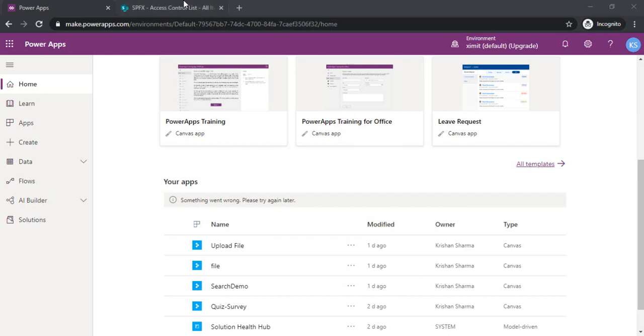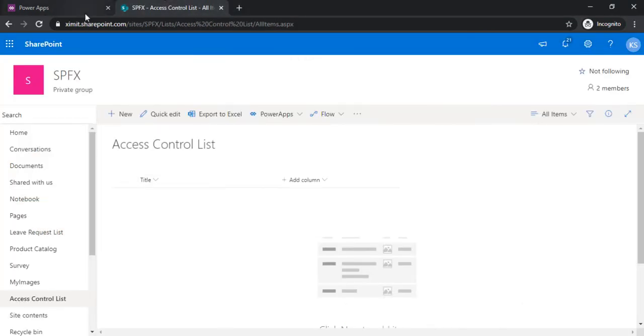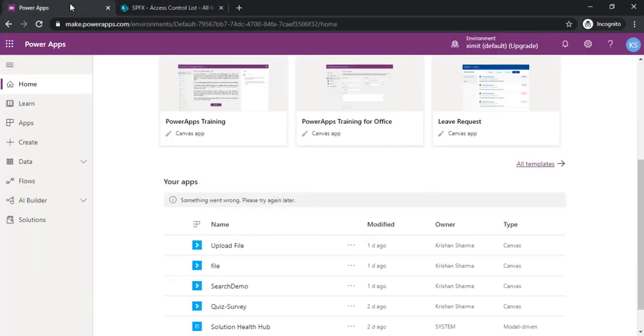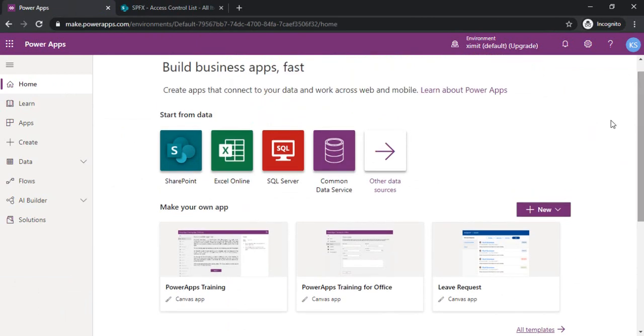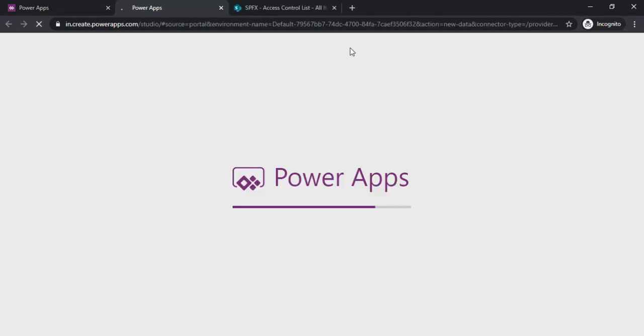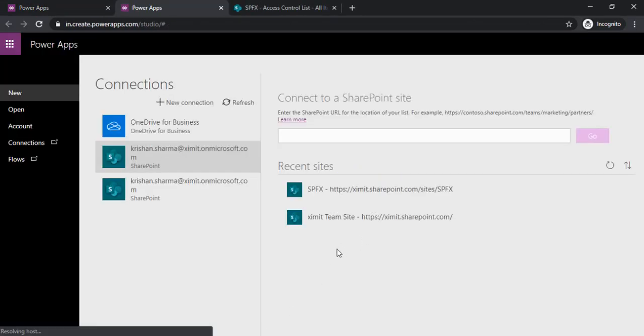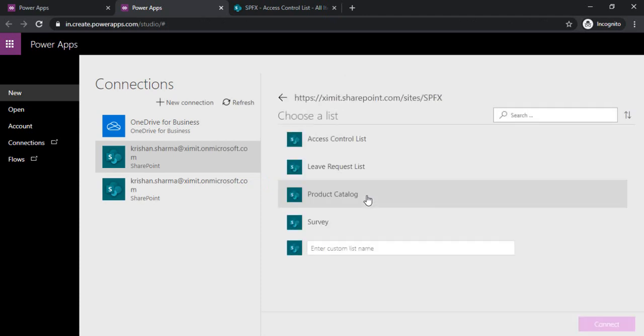For that I have already created one SharePoint list which we would be using as an access control list, and all the users within this list would be able to make updates to the My SharePoint Canvas app. For the demo I would be creating a SharePoint template to choose from. So I'll click on SharePoint. I'll select my SPFX site and choose the product catalog list